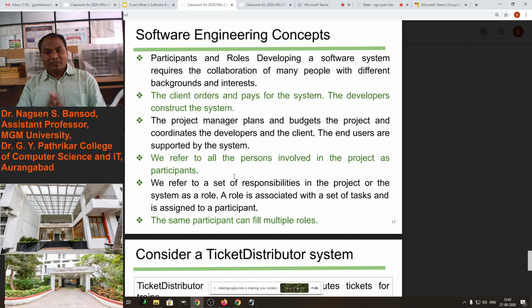Sometimes the manager does not understand how to program a particular model, but in that case the manager can recruit a person, the manager can take outsourcing help from an expert person, he can call an interview, he can call for recruitment to give support to the end user. End user means the client. The client doesn't know how to use the system, so their help is also provided.